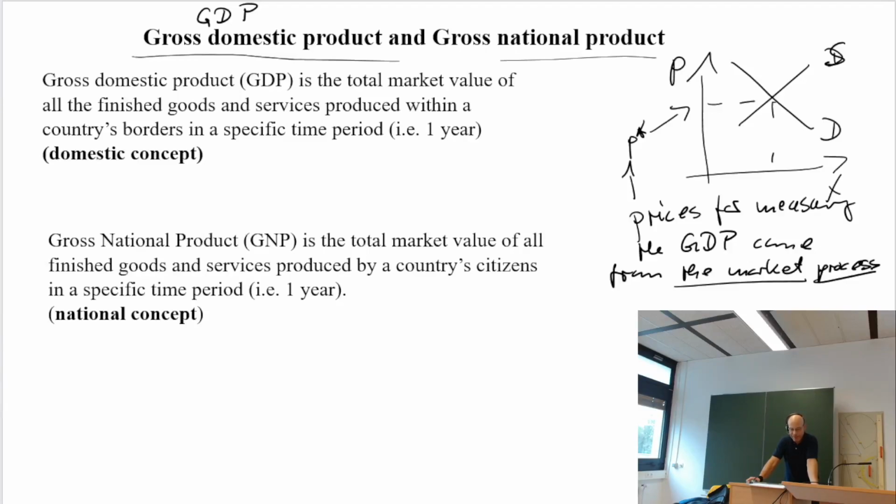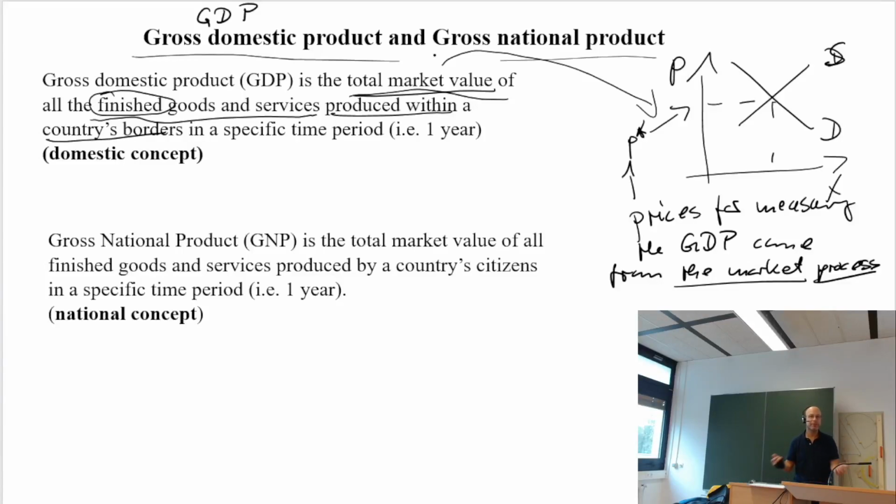consumption, and so on. So, and how is this gross domestic product our central number in describing the economic performance? How is this defined? And yeah, there are some concepts you really have to learn and you really have to keep in mind. So the gross domestic product is the total market value. So to speak, for every product I produced and I sold last year, I take the price and the quantity. Price times quantity is then the total market value of all, and this is important, finished goods